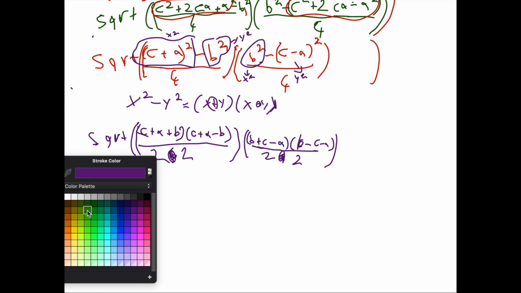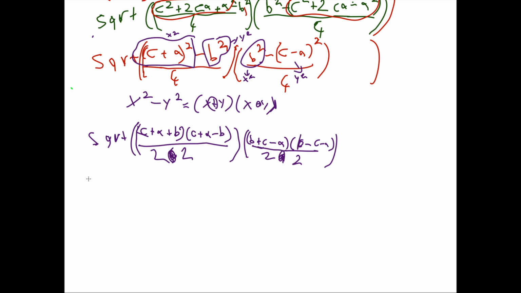And just going to change the color here. Okay, so now we can square root of, and let's separate these fractions. And that's a little big, so I'm going to shorten the square root of, and then, okay, so c plus a plus b, we can rearrange that to a plus b plus c, and then if we separate this here, we get a plus b plus c divided by 2, so a plus b plus c divided by 2. Okay, times,